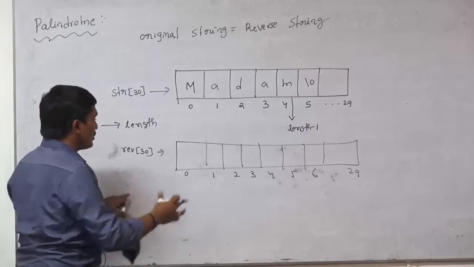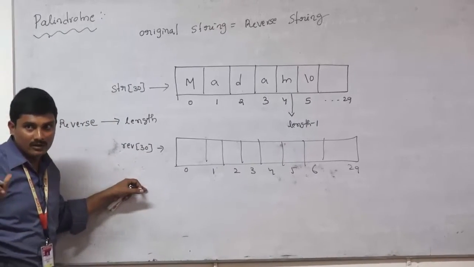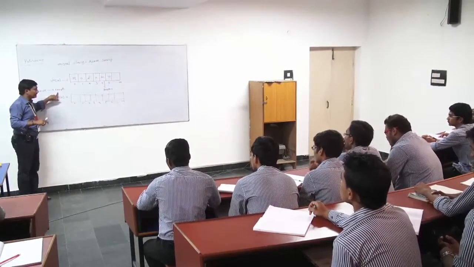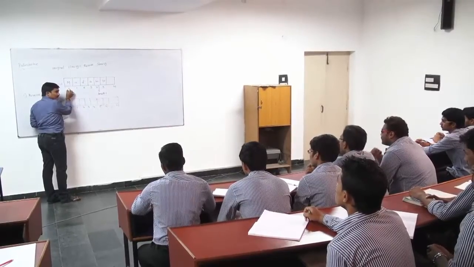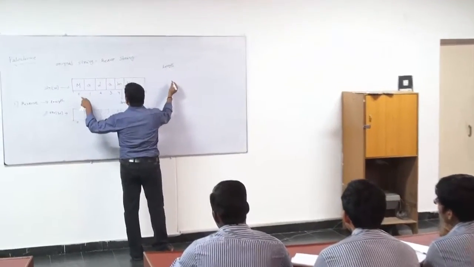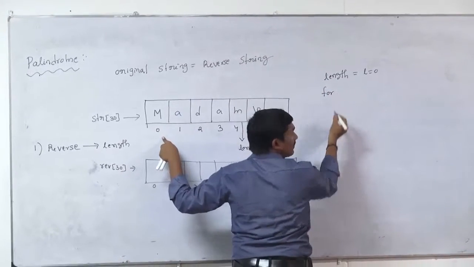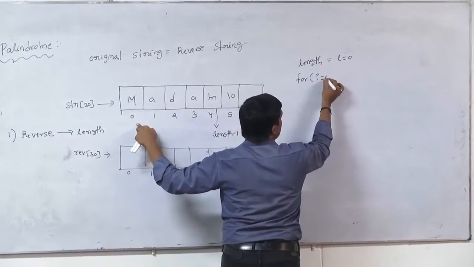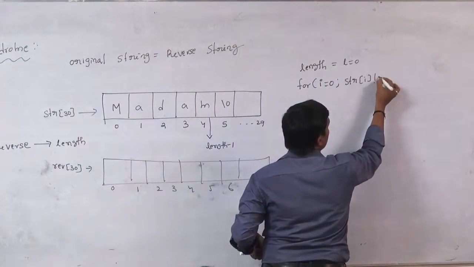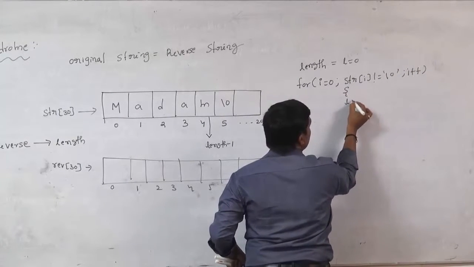I have declared it. Now my job is to find reverse of 30. If you want to find the reverse, first we have to find the length. You know how to find the length? Yes or no? Yes. Length means your counting starts from 0. First, let's go for the length logic. Again I am repeating length. To find the length, let's initially take L as 0. So for I equals 0, up to str of I not equal to which character? Null, I plus plus,